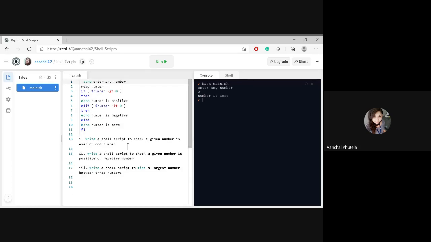First script is to check whether a given number is even or odd. Second one is to check whether a given number is positive or negative, that I have already done. And third one is to find the largest number between three numbers. So you will skip this one, and instead of this, perform this one.